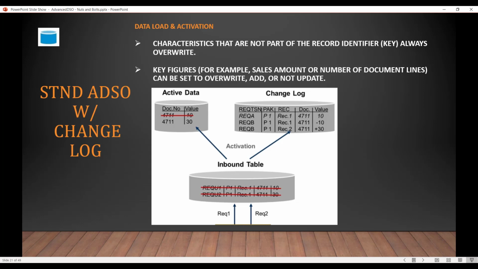Okay, let's look at a quick example. With the changelog, suppose I have two requests, request 1 and request 2. Request 1 is for P1, record 1, the document number is 4711 and the value is 10. In request 2 for P1 and REC1, we have document number 4711 and the value is 30. When you activate request 1, the value 10 goes and sits both in the active data table and